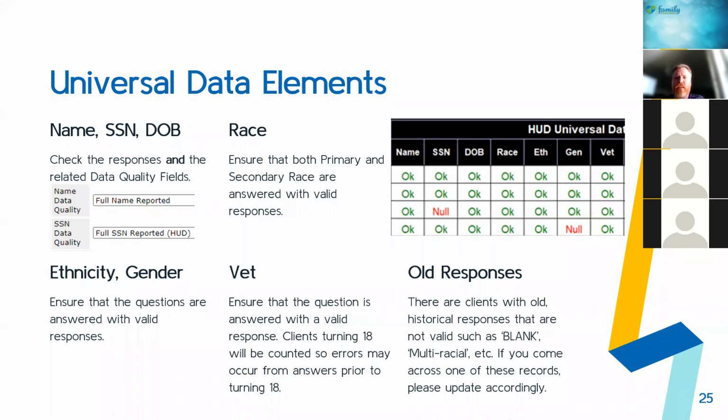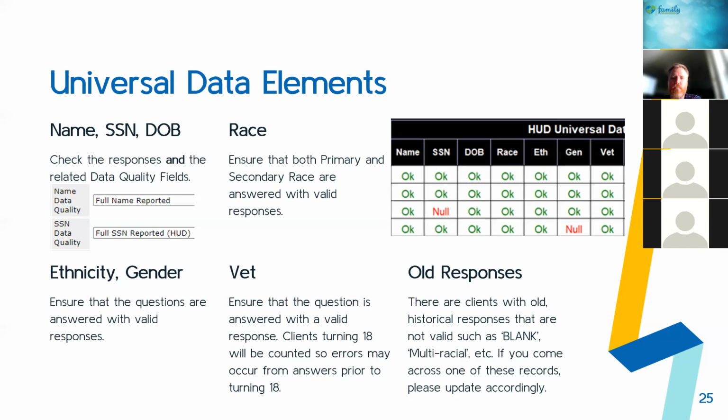Now moving on to the data elements themselves. Most of these are going to follow the same basic principles we talked about before, but there are a few nuances I want to make sure we point out. The best part is that once you go through the entry exit portion, the services completeness report is basically the same except far fewer data elements. So to start, for name, social, and date of birth,